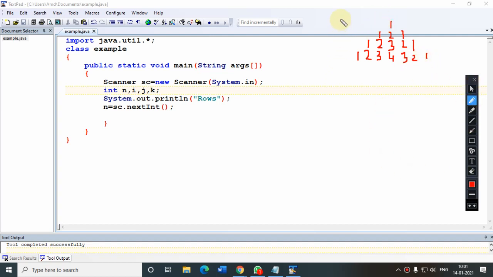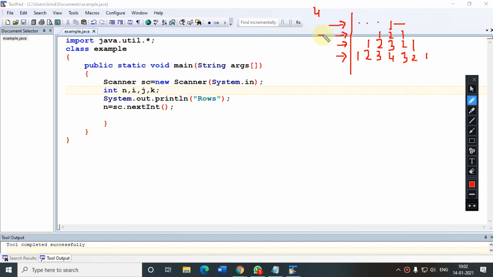So whenever you have this type of question, always see the number of rows. After seeing the number of rows, you can see first of all we are printing the blanks. Here the number of rows is 4. So the first time you are printing 3 blanks. After that one time you are printing 1. This is very important. And on its left there is nothing, no value is coming.